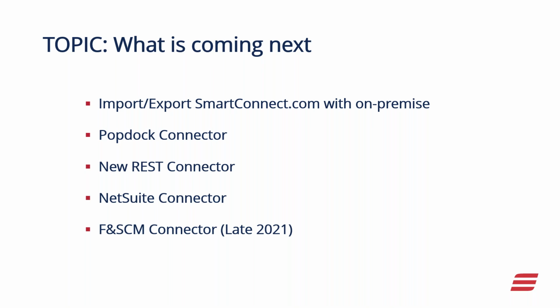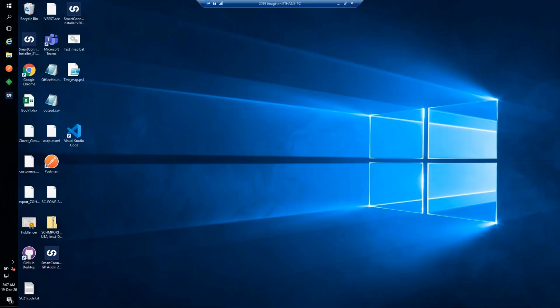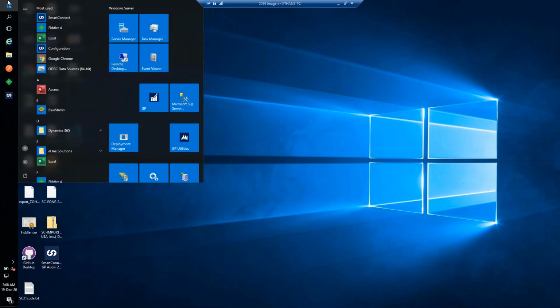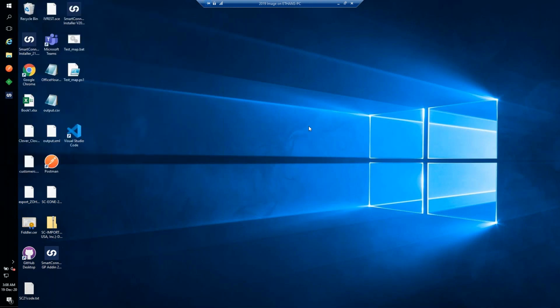I'm going to jump into SmartConnect and just show you, visualize a bit how this is going to work. When you install SmartConnect, it's a slightly different process. We have it all documented on how to do it. But before you can actually use SmartConnect, you have to run a config application. So when I run this,